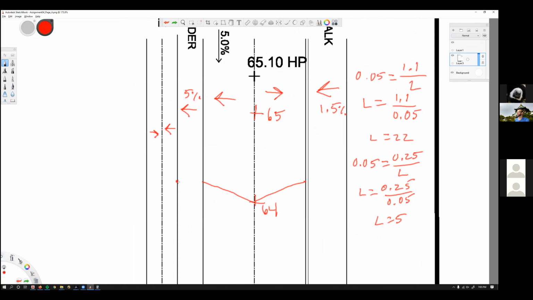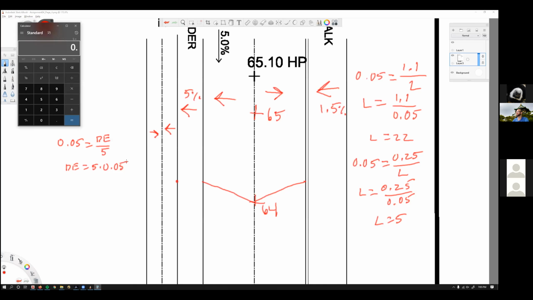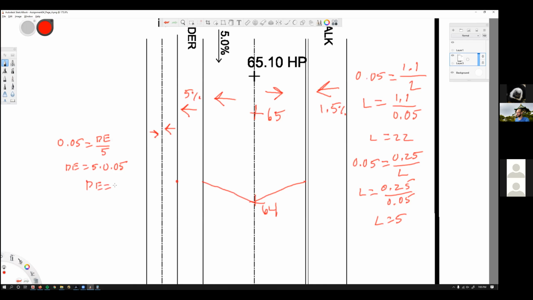Okay, so we're going to figure out the difference in elevation between these 2 points. We know they're 5 feet apart. We know the slope is 5%. So we're going to go 0.05 equals our DE over 5, multiply 5. Oh, sorry, DE equals 5 times 0.05, 0.25. DE equals 0.25. We're going to take that DE now, plug it back into the slope formula using the longitudinal